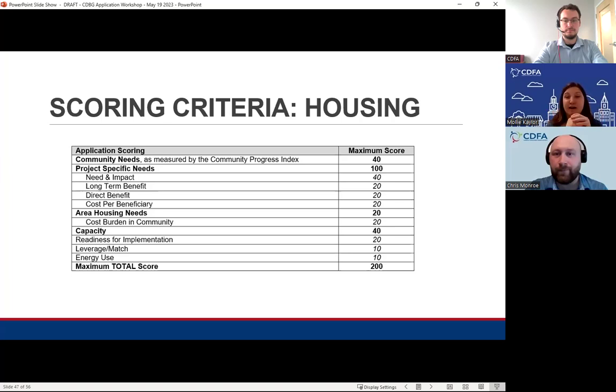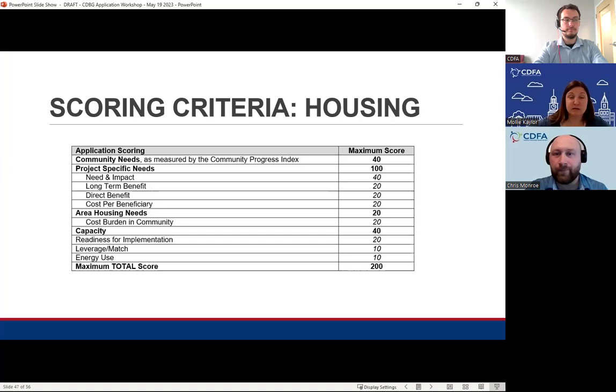We're just using that data that you'll find based on the location as part of your score. So this is just a snapshot of the different criteria that we're looking at as part of the scoring for housing. The project can get a maximum total of 200 points. And we break up the areas that we score on based on, in addition to community needs, project specific needs, area housing needs,